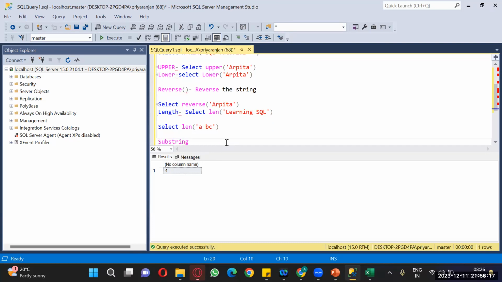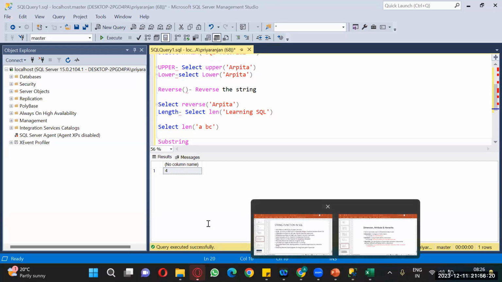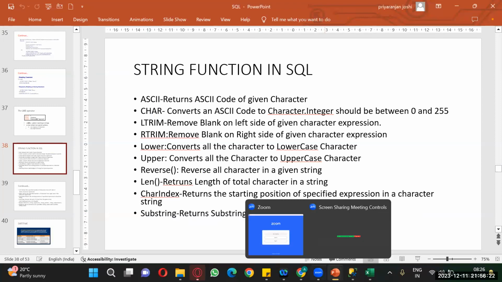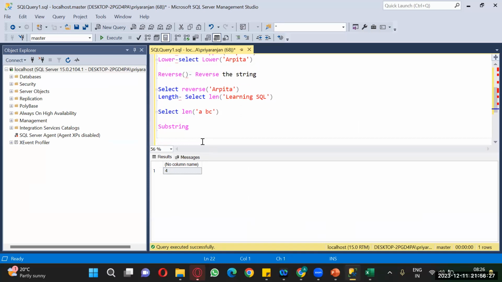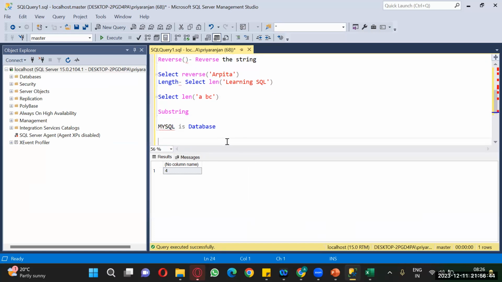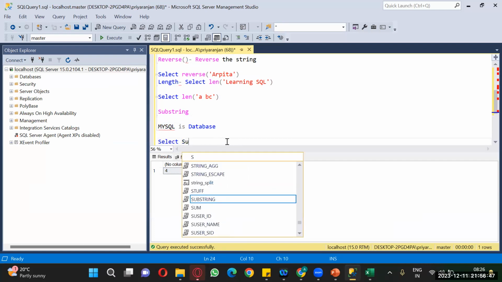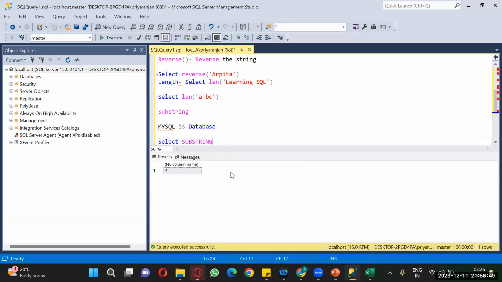So what will substring be doing? Substring returns the substring part of a given expression. For example, I will write "MySQL is a database", and I want to retrieve only MySQL from this string. So how will we do it? Select substring, then write here